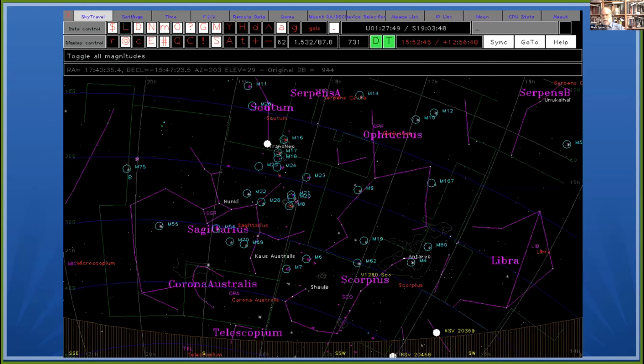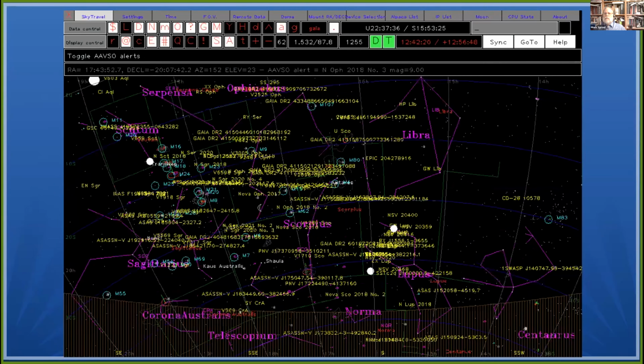It might be a little bit hard to read, but it's a typical planetarium program. It's got stars, constellations, and Messier objects on it. And as you zoom in, stars appear and such. And it also has alerts. So if I tell it to display everything,